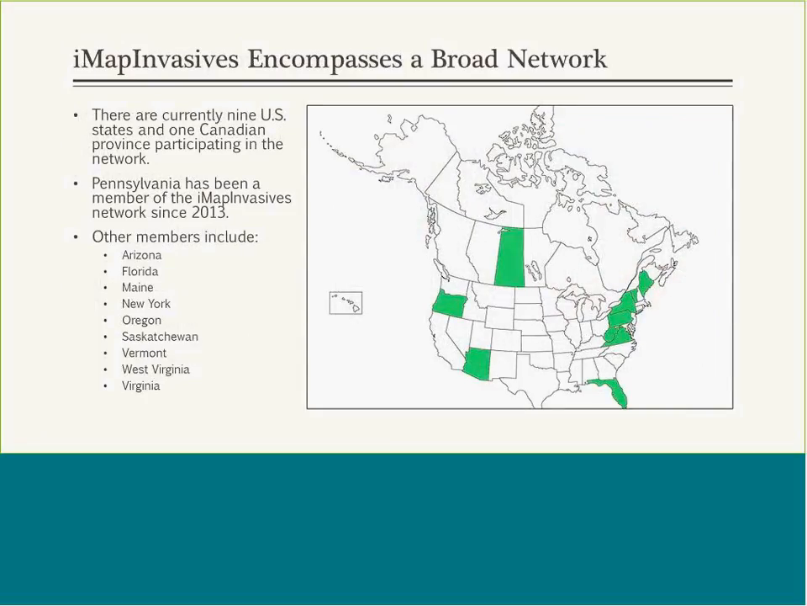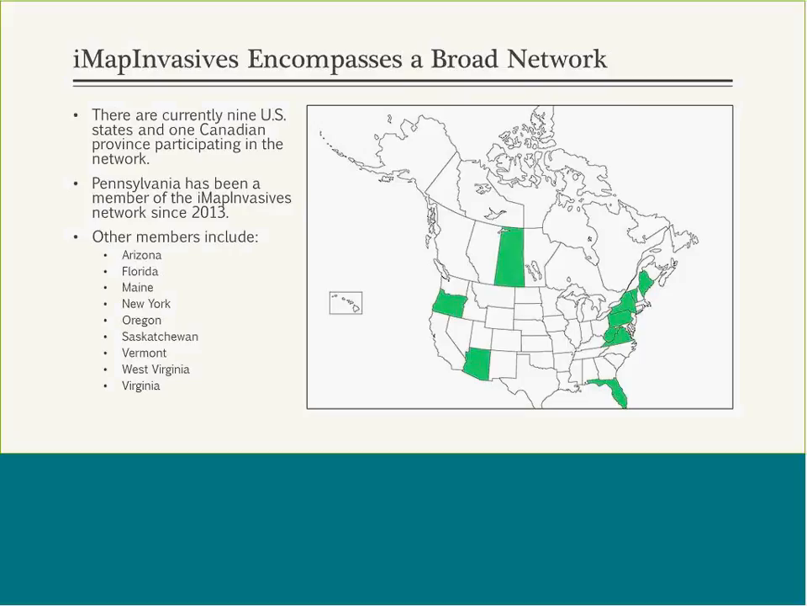Talk a little bit about, we are part of a network. Pennsylvania is not the only state that's doing the IMAP program. So currently there are 9 states and 1 Canadian province that are part of the network, and as you can see here on the map, where they're distributed. And so we are hoping to get more states and provinces to become part of our network so that